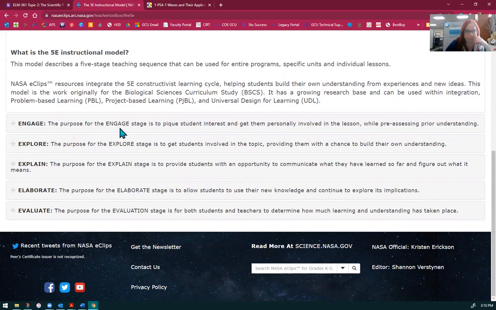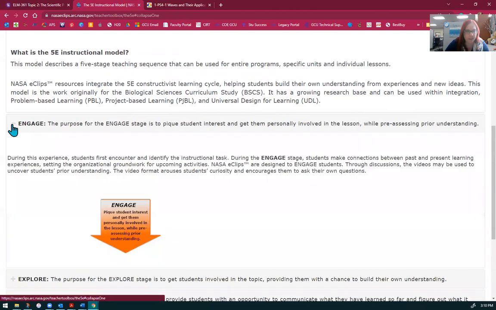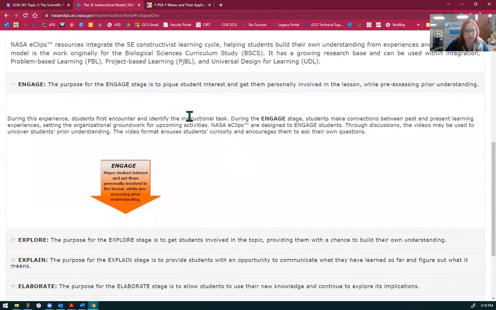And the purpose of this part of the lesson model is to pique students' interest and get them involved in the lesson. You're also using this time to pre-assess if they have any prior knowledge on this. And so when I click, it gives me a little more explanation on engage. So during this experience, students first encounter and identify a task. So you might ask them to,